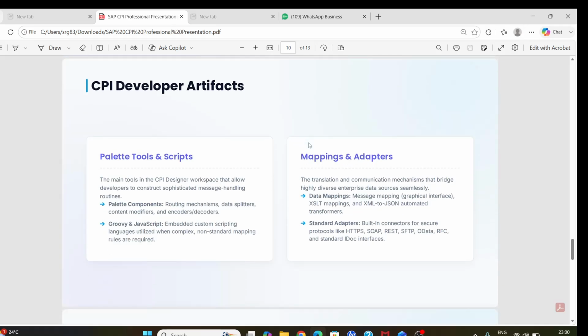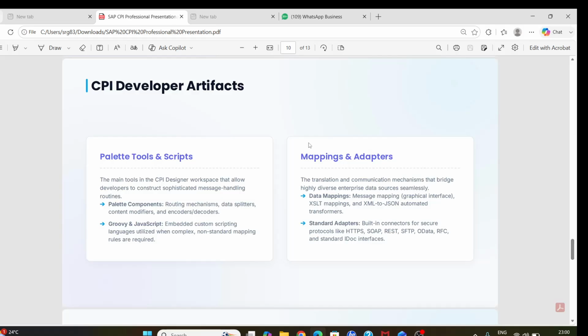Then in CPI development artifacts, as a student entering this domain, what technical skills will you learn? You will master palette tools like splitter, filter, and router to control the flow of data payloads.